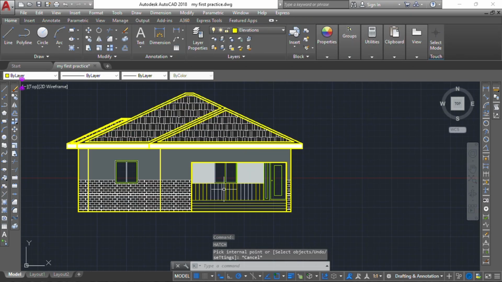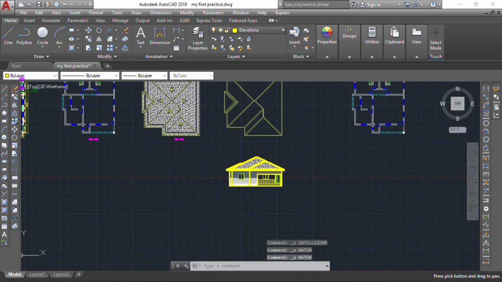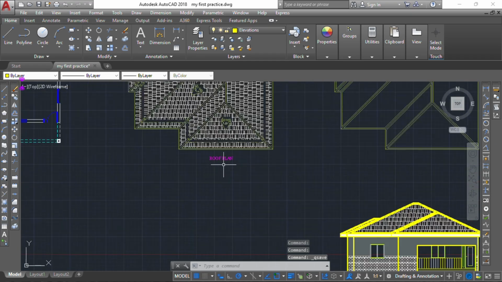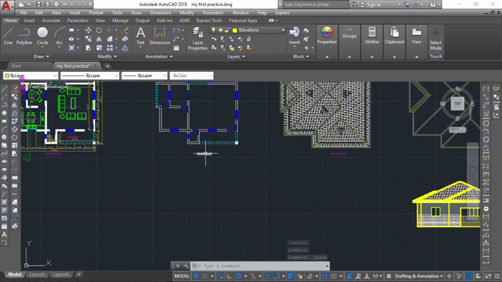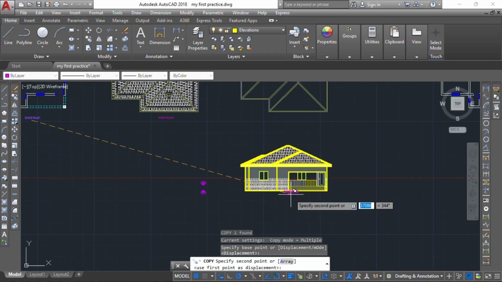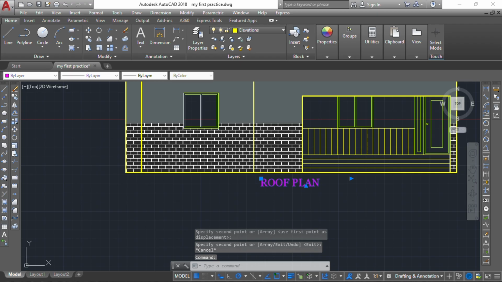Is it okay like this? No, no, no. I think it's best to leave it as it is. I think this is kind of cute. It's okay like this, right? So at least this is our front elevation, right? So we can go ahead, copy the text, and then give it our